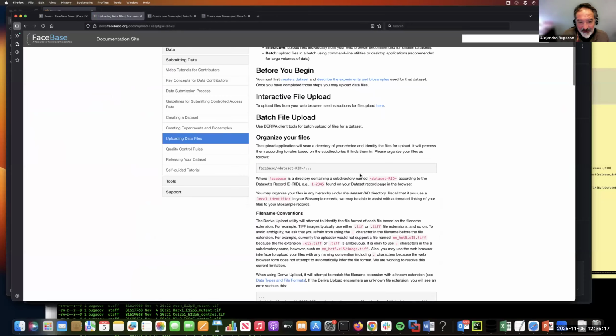We have greatly simplified this to the point where the only thing you need to do is basically create in your machine a folder called FaceBase or lowercase, and then a subfolder with the dataset RID. RID is the record ID, which if you navigate back to your dataset,